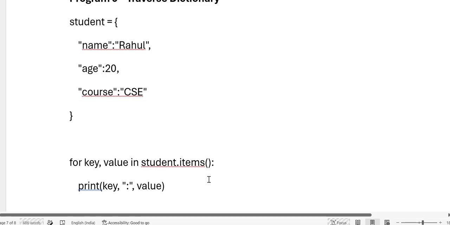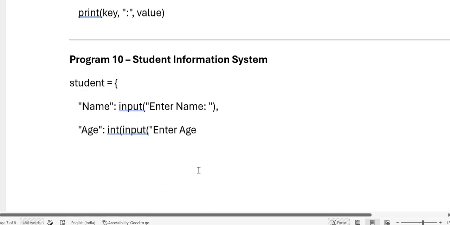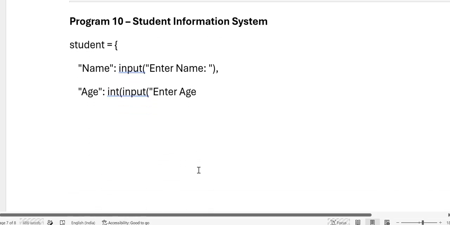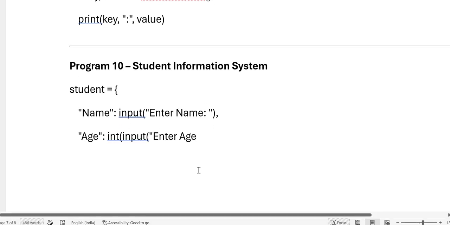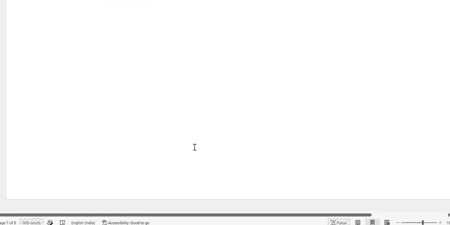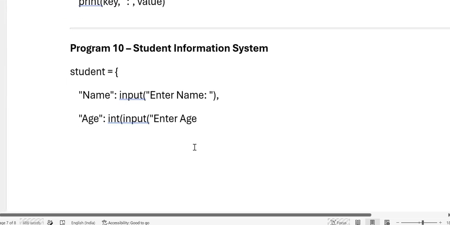So the next thing we have here is the student information system. How we can have a student information system, like